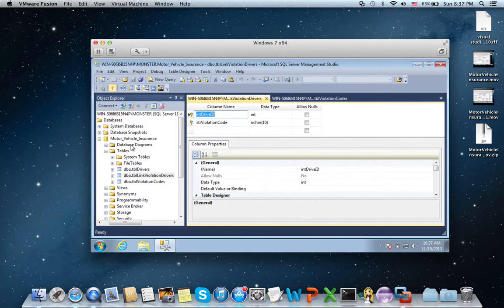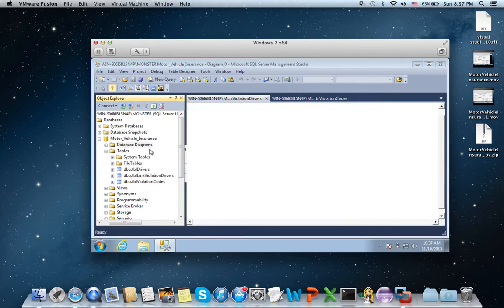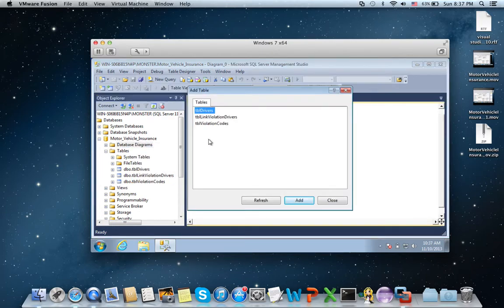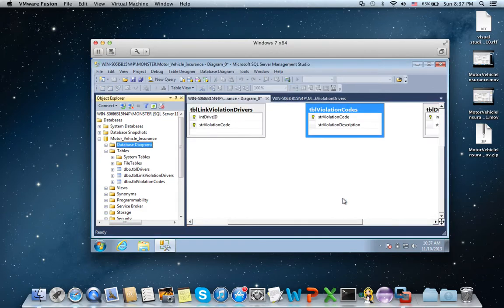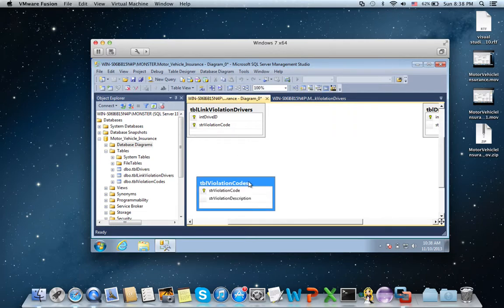You go to database diagrams, right click, and you say new database diagram. Click. The tables appear here, and we add them. Add the drivers, add the link violation drivers, and the violation codes. Close.